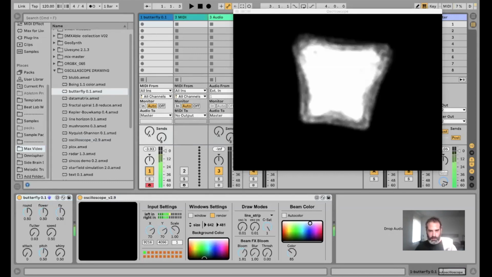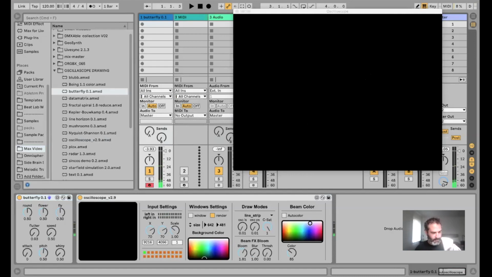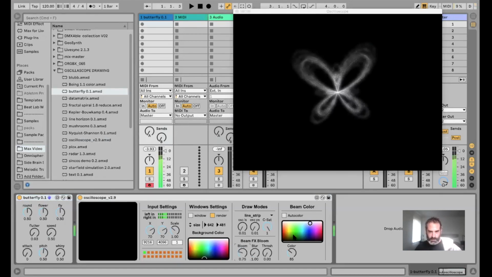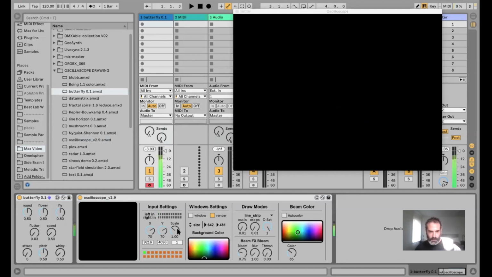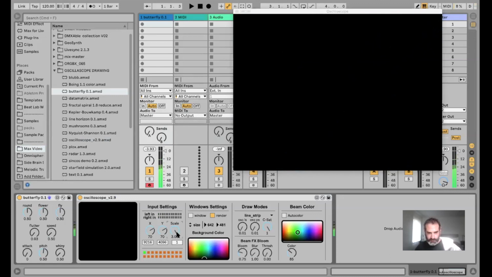on my keyboard. Let's play a lower note. Let's play even a lower note than that. Let me turn down the bloom here a tiny bit. There we go. Can we change the color? Oh. Let's zoom in. So let's scale it up. As you can see, also the volume